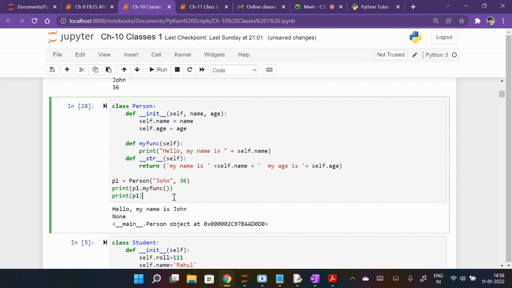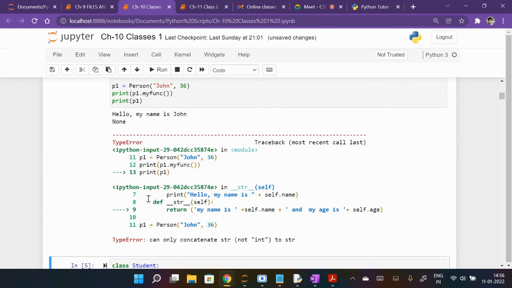If I run it, what do you expect? Anyone? First you check, is there any mistake? If not, then what do you expect the output to be? So some error is there.